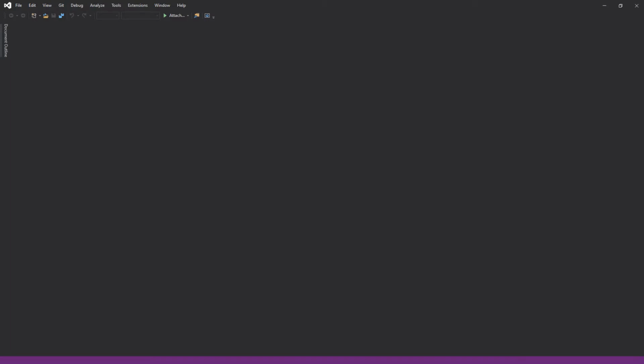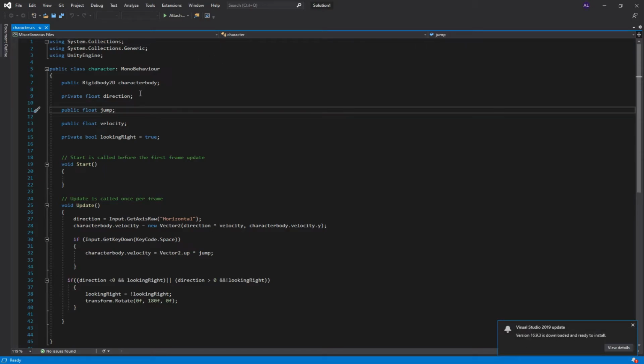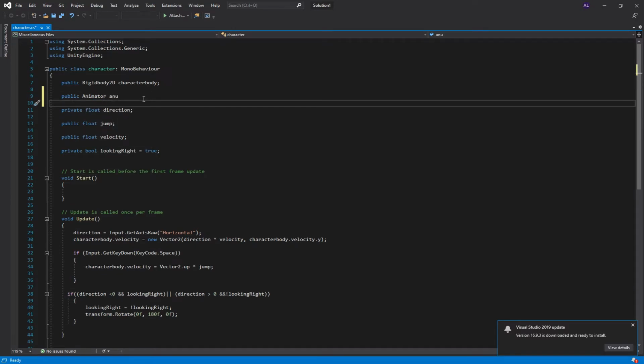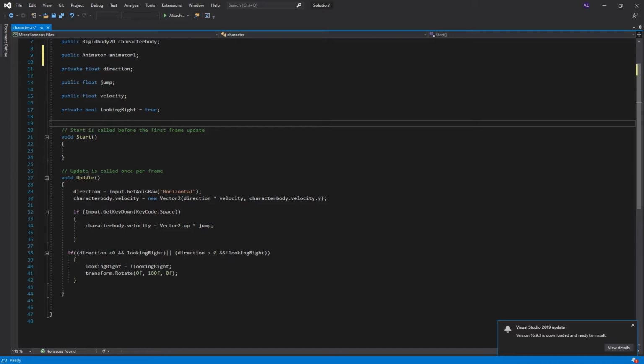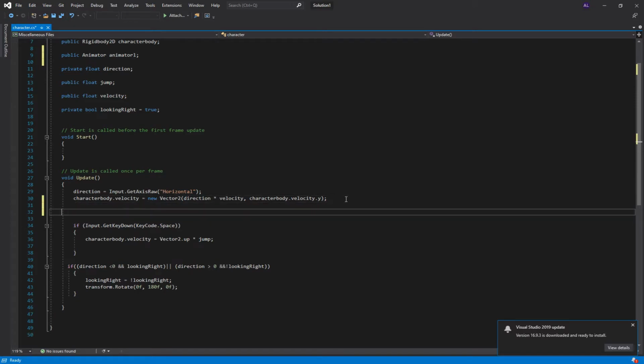and you have to create a public animator. So go here, public animator. You can name it whatever you want, so name it animator. So now go to your void update and create a new code. So go here and then write this code,